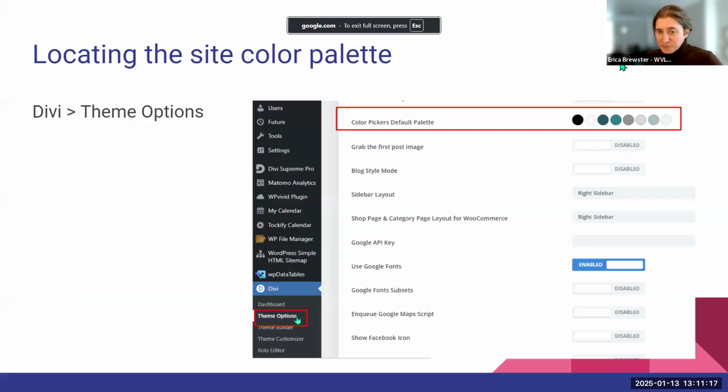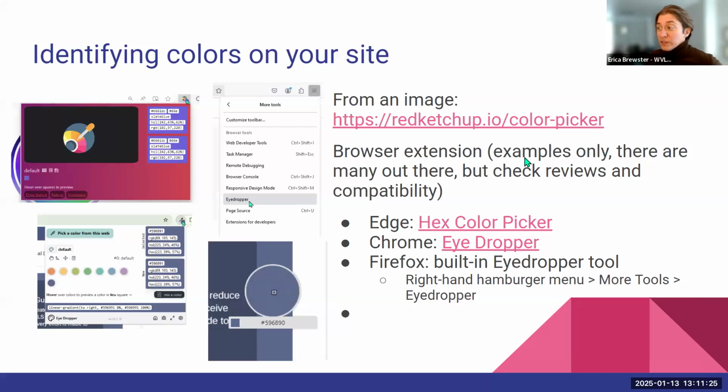Back to our slideshow. We'll be coming back to this in a minute, but first we need to move on to identifying the colors on your website. There's going to be a couple different options here. You can do it manually from an image. You can upload a photograph or an image to your website, and then you can have it identify the colors using this website. But what we're mainly going to use today are browser extensions so that you can be working on your website and you can just pull colors without having to have it scan it or upload it